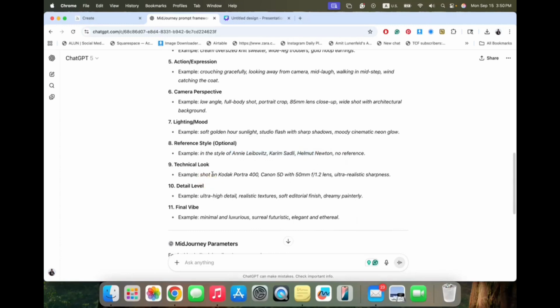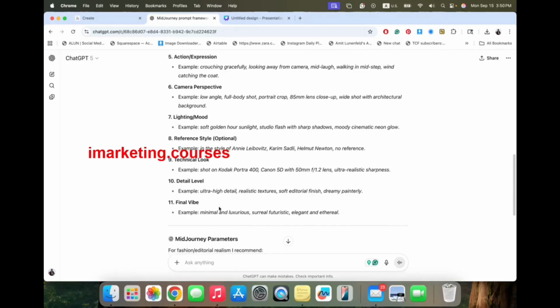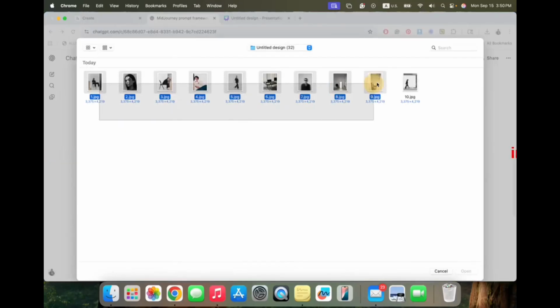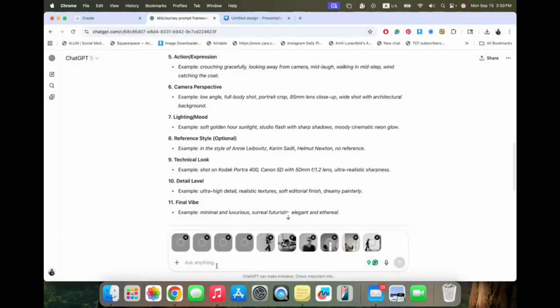Technical look can be your camera, shot on Kodak, then detail level, ultra detail, realistic texture, etc. Now we are going to ask it to analyze these images and create a prompt with all these parameters of what will create a perfect prompt for us.